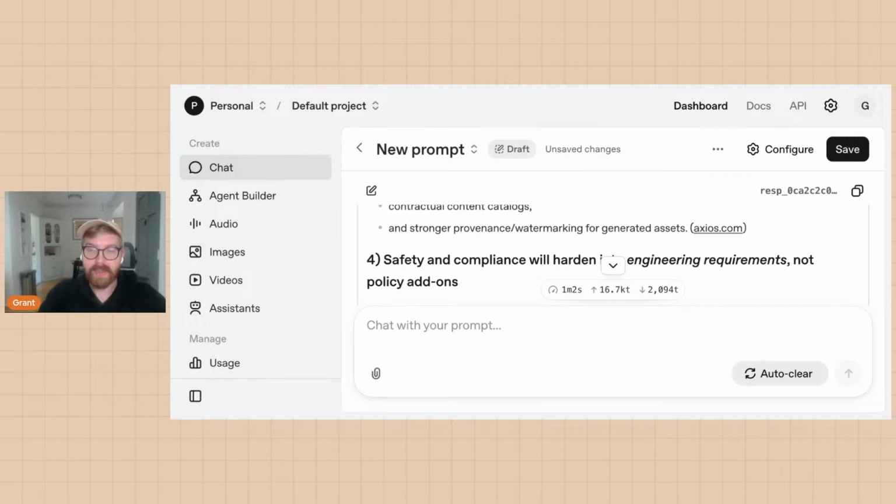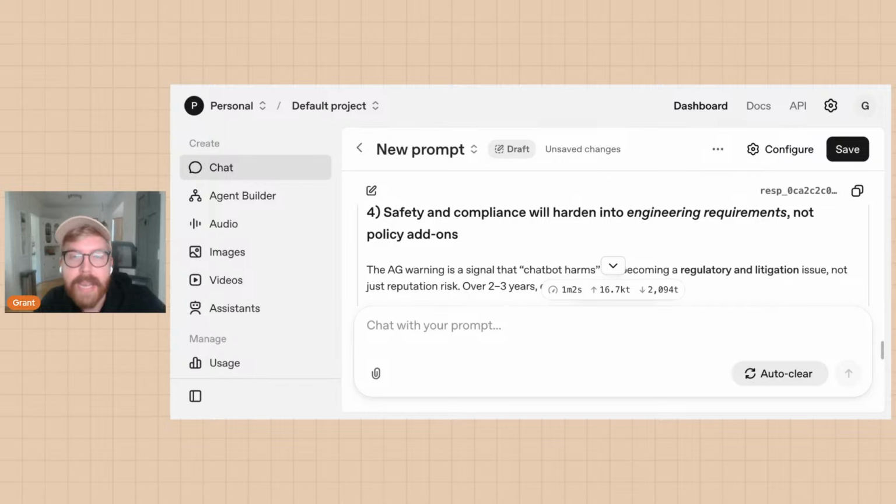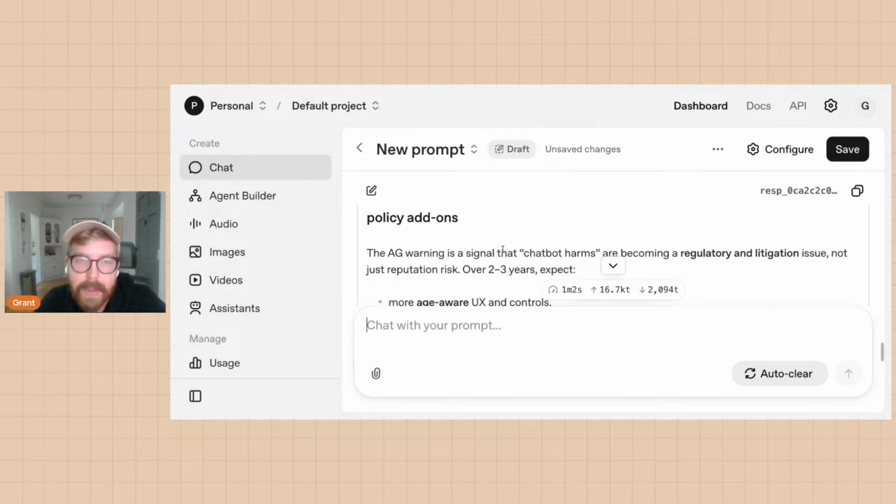I think it was just the music labels asserting maximum pressure, which they often do, to get Suno to cave and give them whatever terms they wanted. And then that basically is what happened. They eventually worked with them. As you can see, Disney is working with OpenAI, so clearly they're open. I think probably what's happening with the cease and desist is they're telling Google, time to pay up. So we'll see what happens there. It's interesting. Safety and compliance will harden into engineering requirements, not policy add-ons.